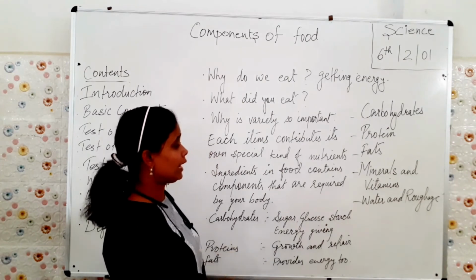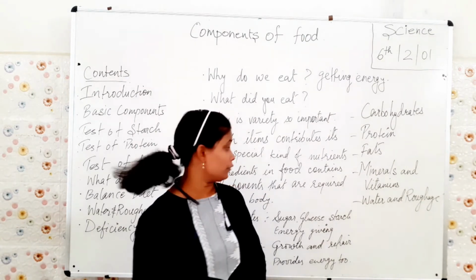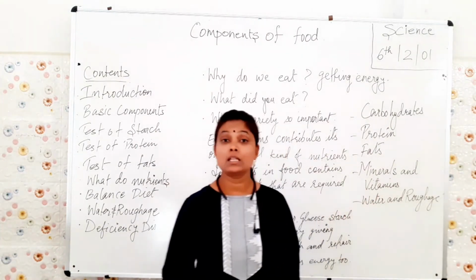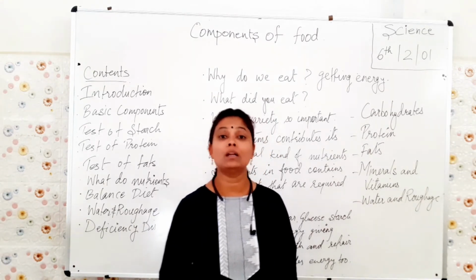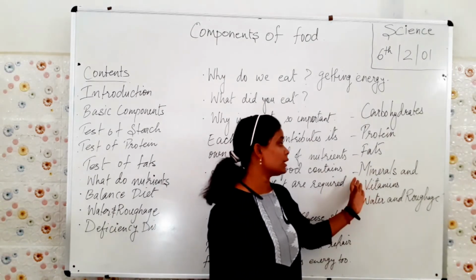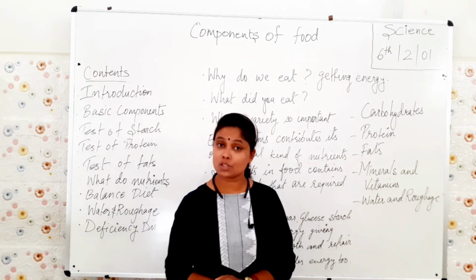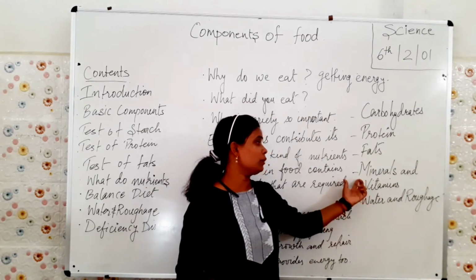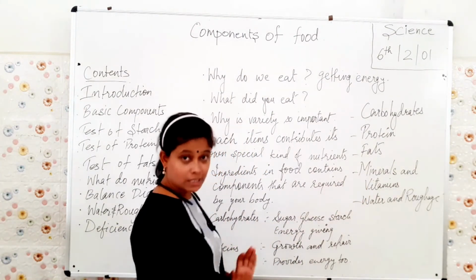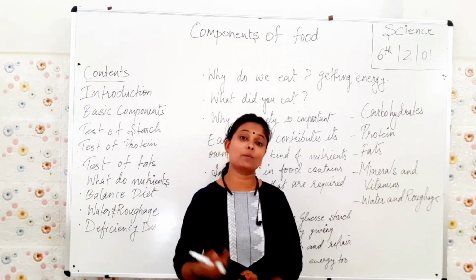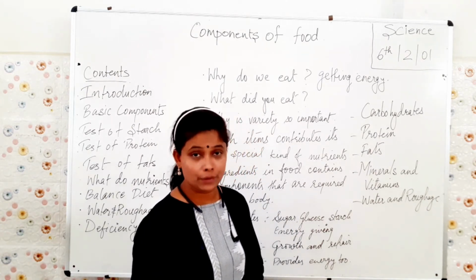Now next, what do we have? We have vitamins and minerals. They are also very much important. Vitamins, we get from beans, chickpeas, etc. We get all the vitamins from the vegetables we eat. And minerals we get from cashew nut, almond, etc. Our body needs minerals in a little amount compared to other nutrients, but still we need that. It helps our body in building up as well as it provides us energy.